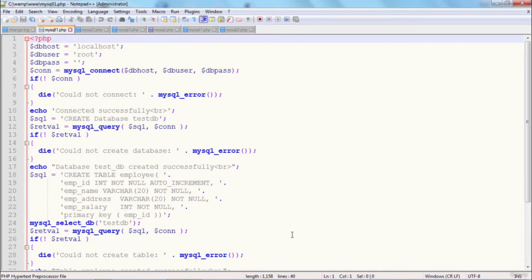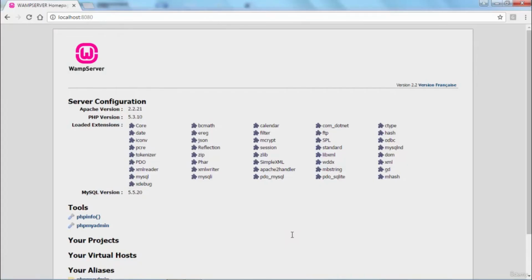So let me show you the home page of the WAMP server. This is the WAMP server home page. You can see that PHP version 5.3.10 is installed on it, and the extension that is available is MySQL. So the MySQL API functions can be run on this particular configuration. PHP MyAdmin is the GUI interface for managing the MySQL database. So if I open this,